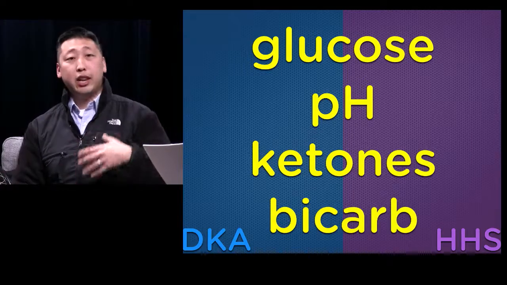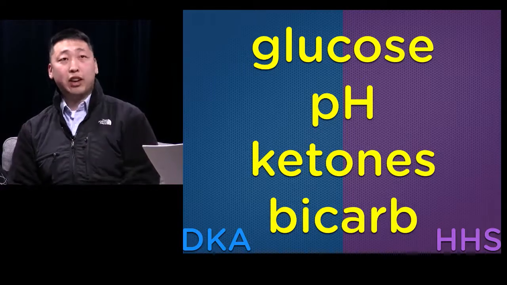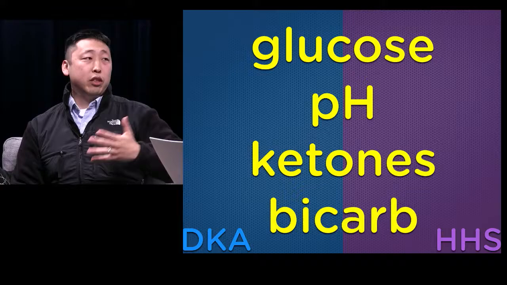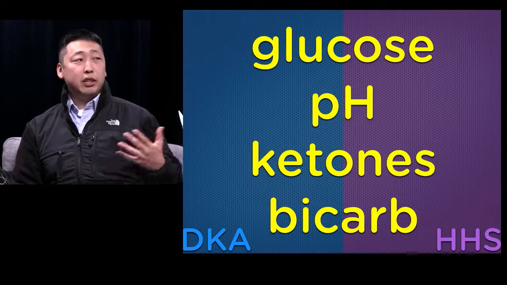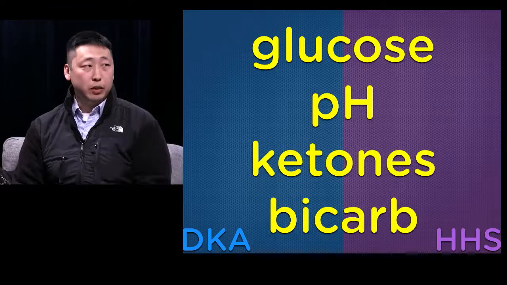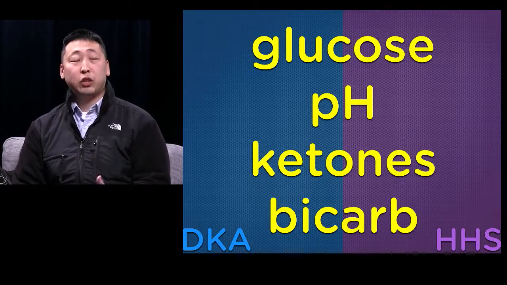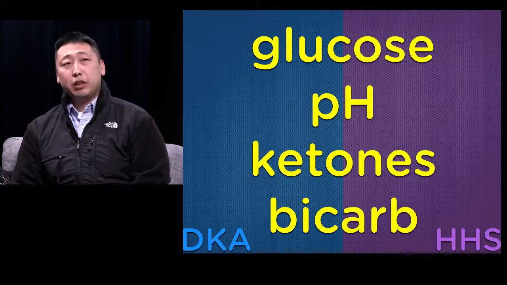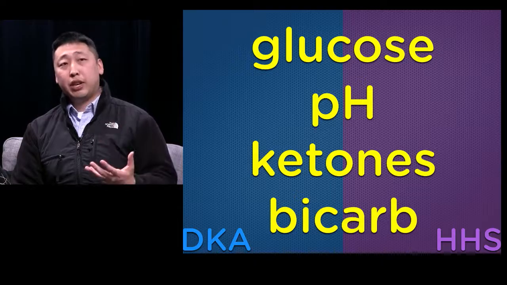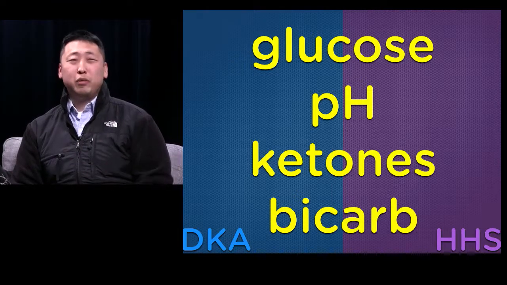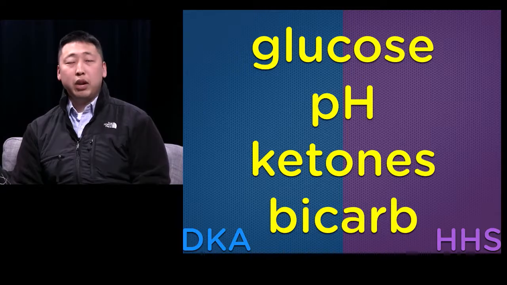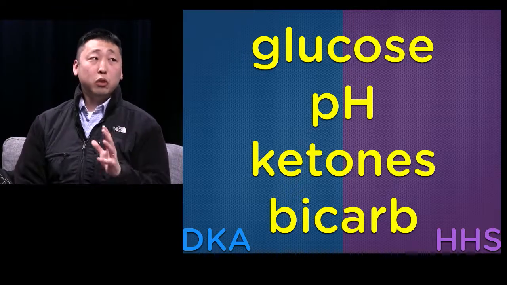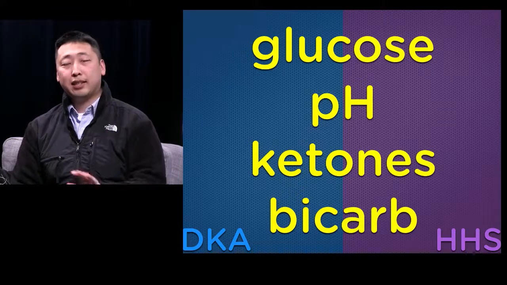With DKA and HHS, hyperosmolar hyperglycemic state, that's what it's called now, not honk anymore. I like honk better. Honk is nice. But these are the main criteria for DKA: glucose greater than 250 mg per deciliter, pH less than 7.3, presence of ketones, bicarb less than 15 milliequivalents per liter. That's DKA. HHS, you have glucose typically greater than 300, really high, typically greater than 600 oftentimes. And then pH is usually normal, so it's greater than 7.3, minimal to absent ketones in the urine or the serum. Bicarb generally tends to be greater than 15 milliequivalents per liter. But really, the defining feature is the serum osmolality, which tends to be greater than 320. Okay, so that's the HHS.